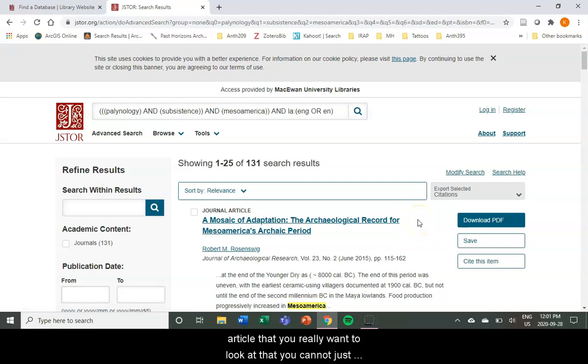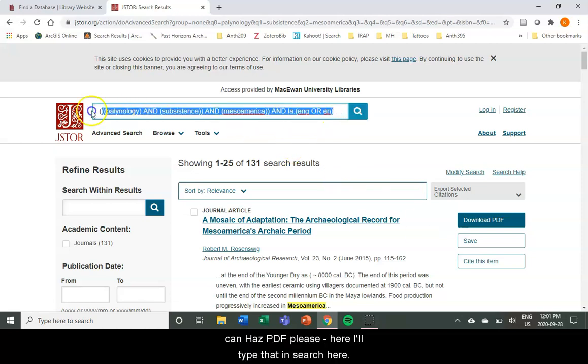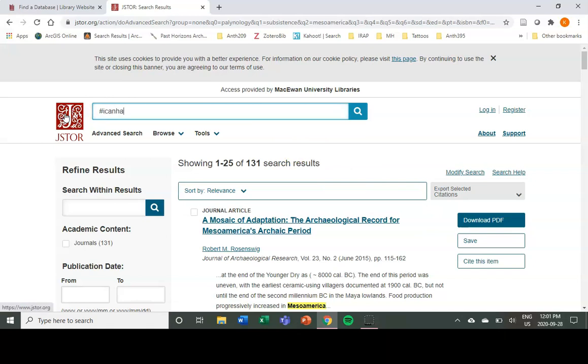Should you come across an article that you really want to look at, that you cannot just simply download a PDF for and access the full content, please don't hesitate to contact me. Sometimes I can find it through my connections at other universities, and you can always use the hashtag ICanHazPDF, please. Here, I'll type that in the search here. If you put that on social media, people at other institutions will sometimes email you their PDFs. The last way that you can sometimes access material that isn't available in our database is to email the